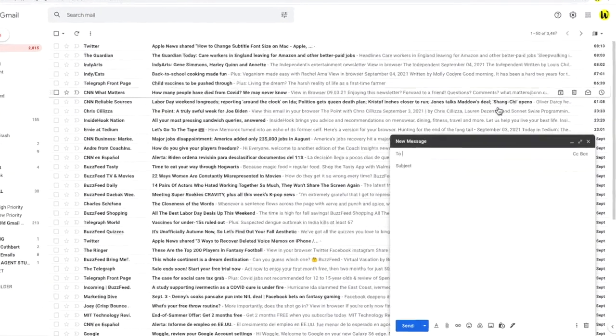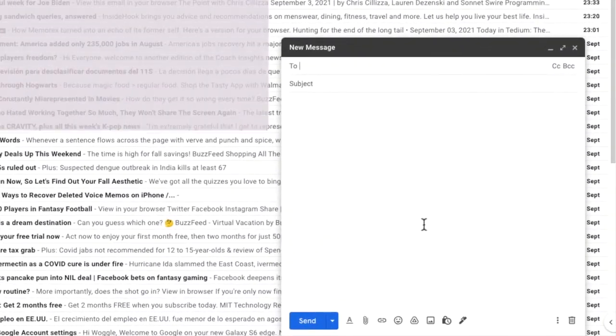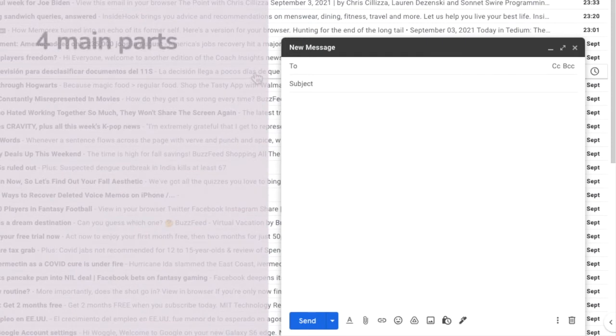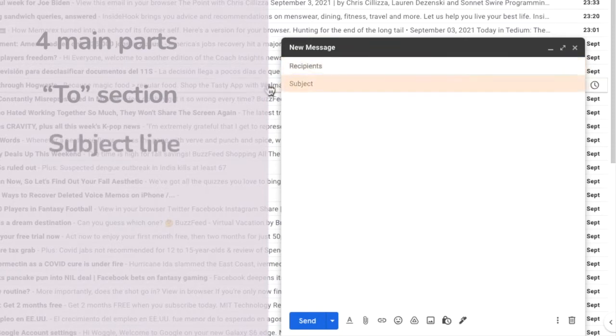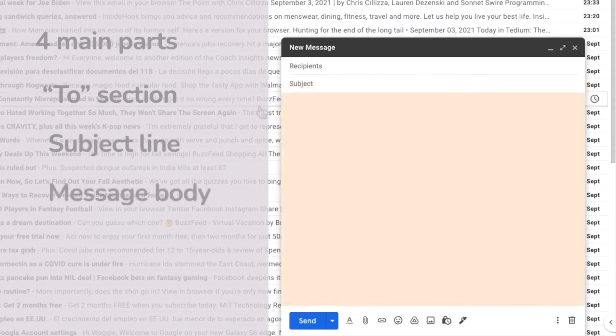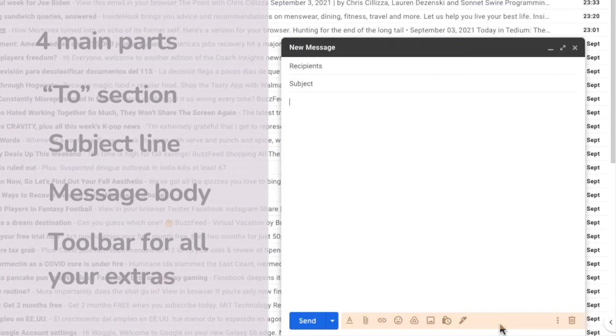Let's now take a look at the various components of an email. Essentially, an email in Gmail has four separate parts. Firstly, a To section, which you can use to identify who you want to send the email to. Next, we have the subject or title of your email. This is what people will see when they first receive your email. After that, we have the body of the email. This is where you write the actual message that you want to add to your email. And lastly, we have the toolbar, which allows you to add lots of extra things to the email, like color,